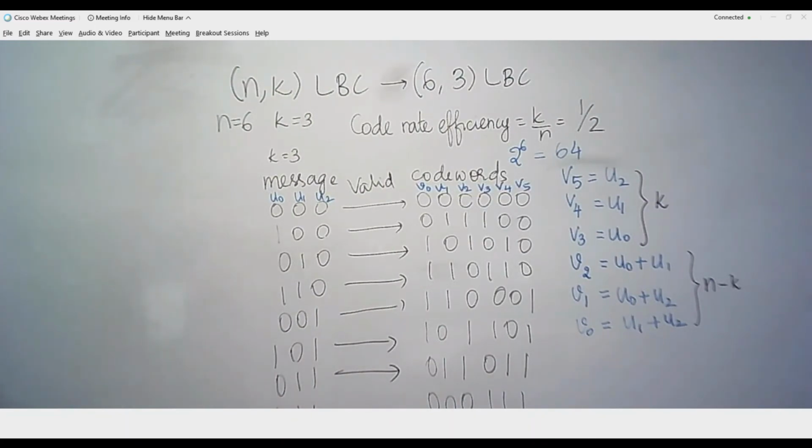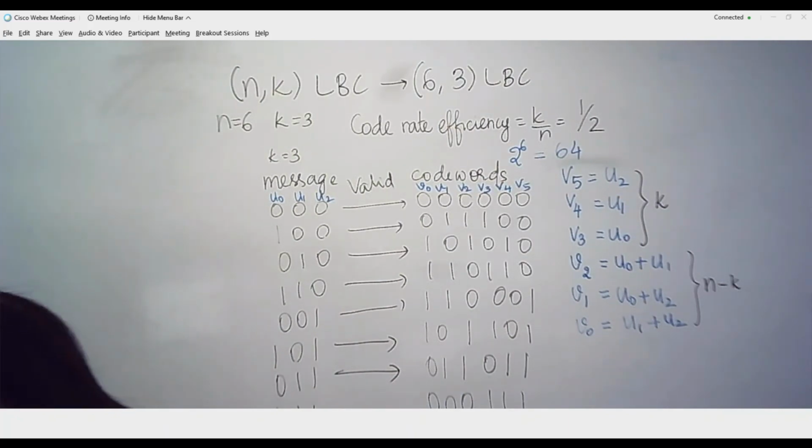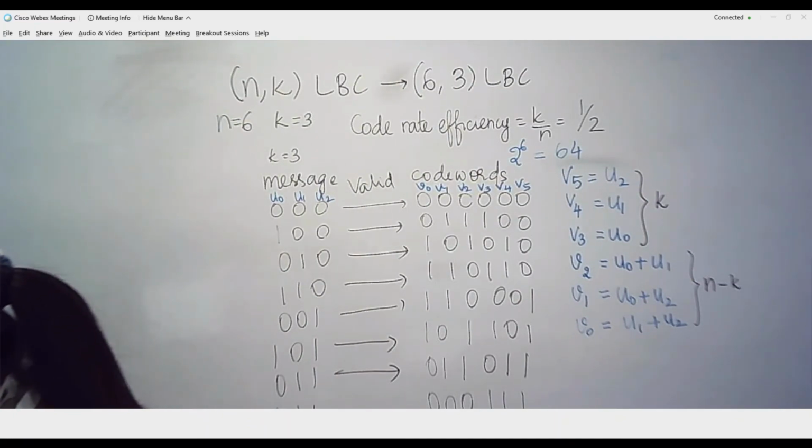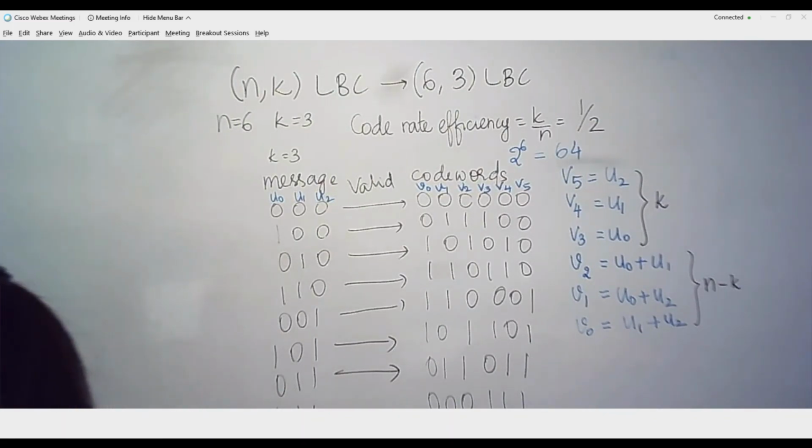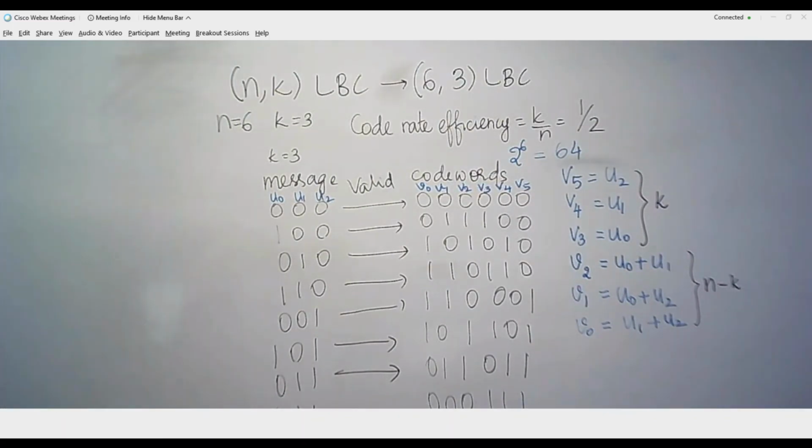But this is not how we generate such block codes in mathematical terms. We are going to make use of a generator matrix or generator polynomials in order to construct such code words. In the next class we will see how to get a generator matrix, and we will design what is known as the parity matrix. Using the parity bits or the generator matrix, we are going to generate the linear block codes. That we will see in the next class.